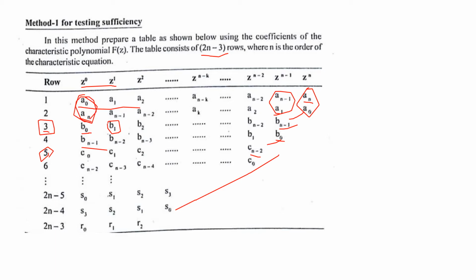Okay, B2 is nothing but the determinant of A naught An and An minus 2 A2. So it comes like this. Okay, it will be shifting from your last element towards your front, until it reaches A1 An minus 1. Okay, so that is how you'll be finding out your B values. Okay, so B values are nothing but B naught is obtained by taking the determinant of